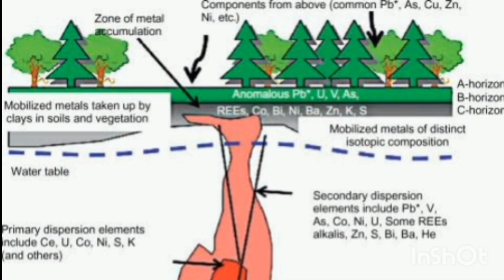Location and infrastructure. Here we look at proximity to infrastructure, access to water and power, remote and harsh environment. Mining and processing technology: mining method, ore processing and metallurgical recovery, waste and tailing management. Environmental and social factors: environmental impact, regulatory compliance, rehabilitation and sustainability. Political and regulatory factors. Here we have political stability, legal framework and taxes, permitting and licensing.